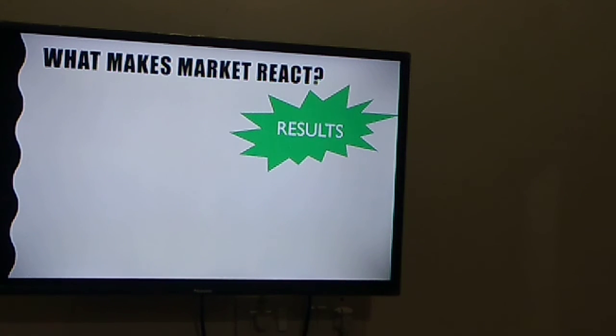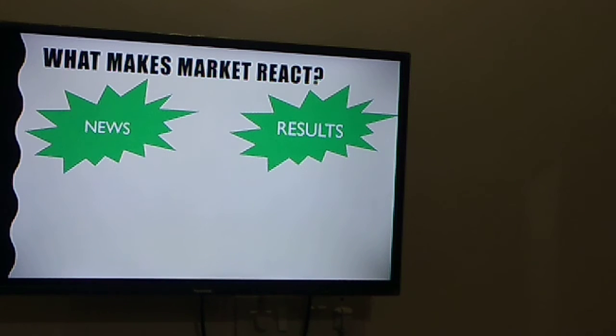Now, the second factor that we need to look at is the news. What kind of news is being published in the market? Suppose there is a takeover. There is some change in the business. There is a new CEO who is getting appointed. There is a change in the board of management. Then automatically news will definitely have an impact on the market. So news will also create an impact in terms of the reaction of the market.